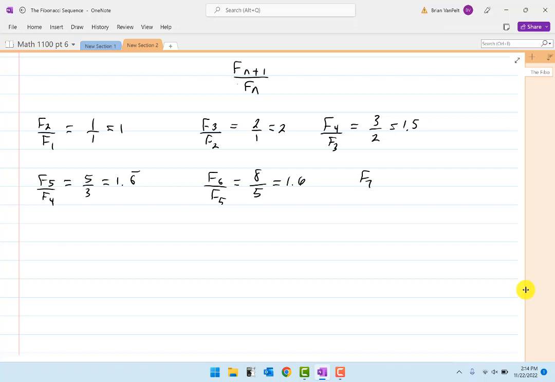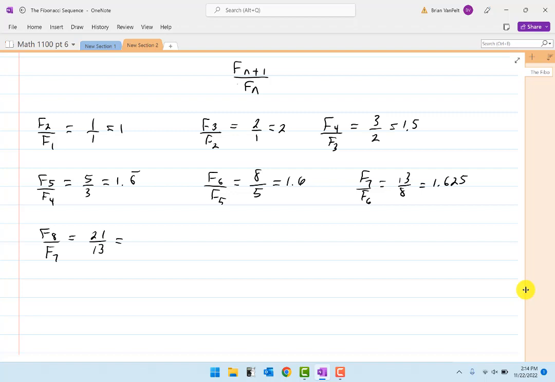And then F7 over F6 equals 13 over 8, which equals 1.625. F8 over F7 equals 21 over 13,